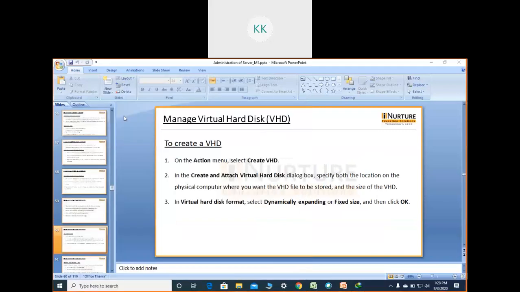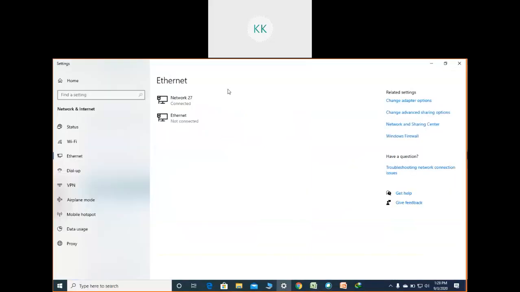Just hold on, let it be loaded. It takes a lot of time, the PC is so slow. Lots of important things are there, that's why this one is too much.